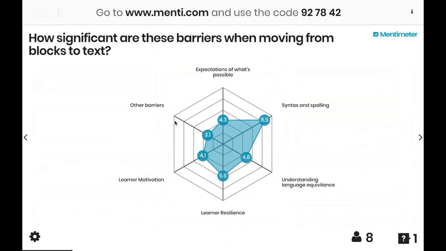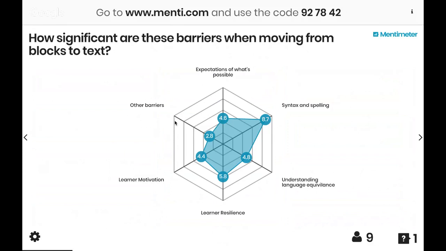Okay, that's cool. I'm going to leave that ticking away for a moment until we come to our next poll. So do feel free to spend a few minutes reflecting, if you haven't already, and filling that in. And that data is really interesting for us as well. So thank you very much for that. So let's look at some of the language issues that we might have in this space.